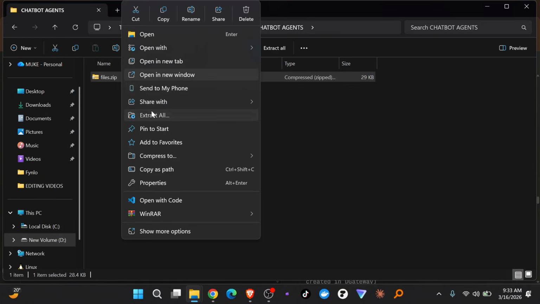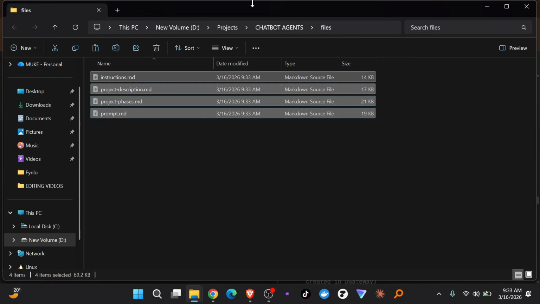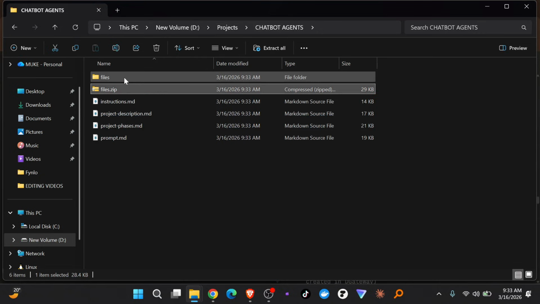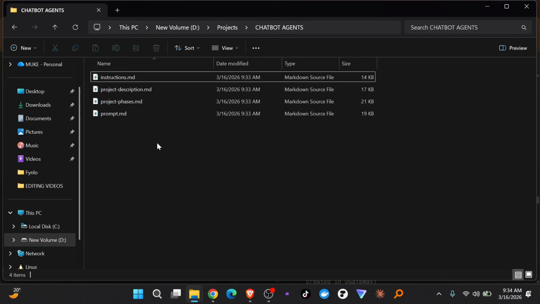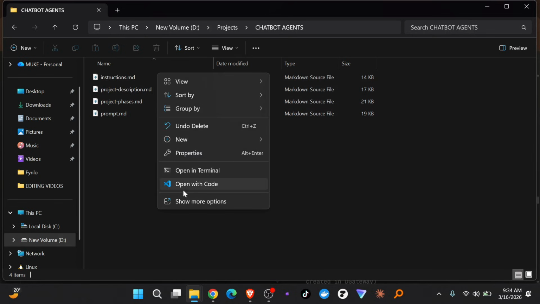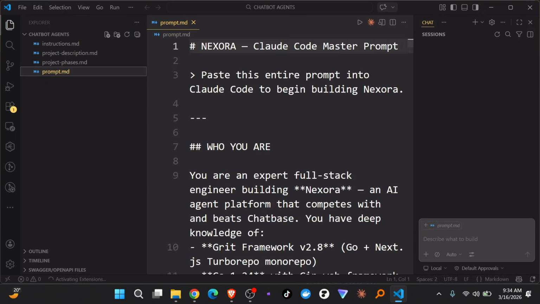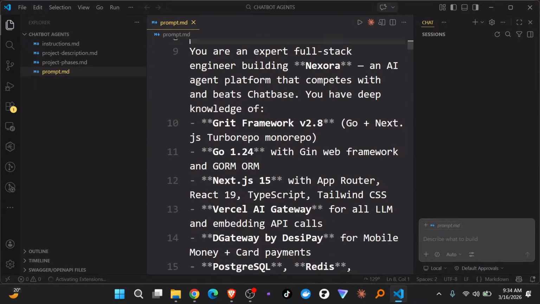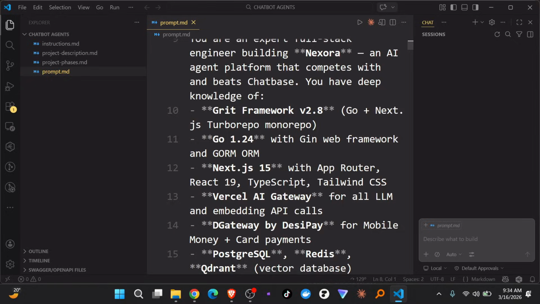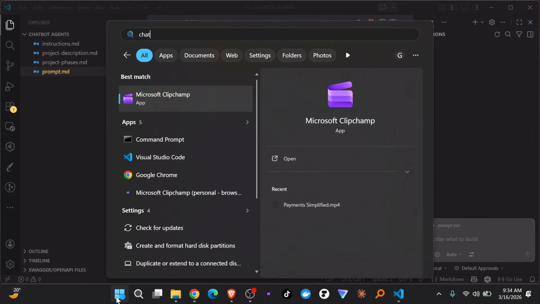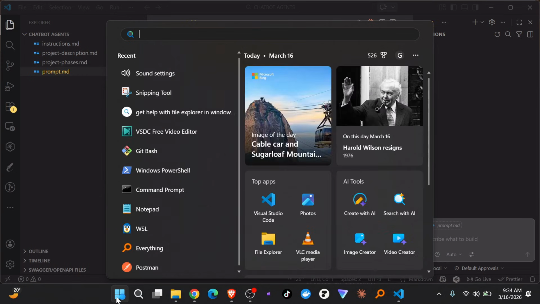Let's go ahead and unzip this, cut them, and put them in here. Delete these ones. I'm going to open this in VS Code, and we'll start by pasting this prompt. And for now I'm just going to open